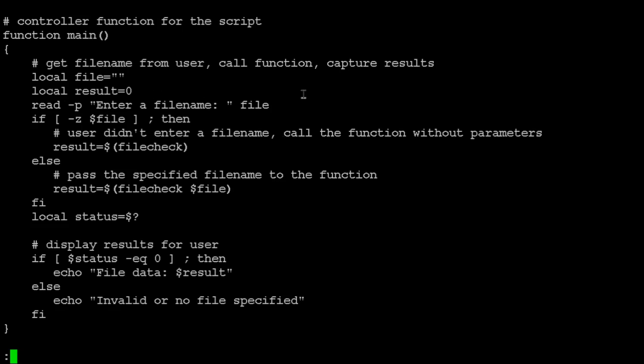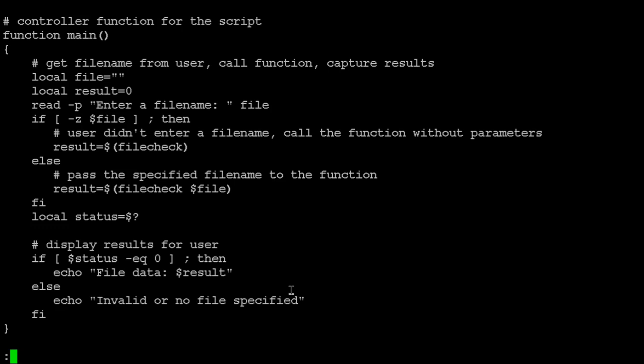In this case, the main routine gets the user to enter a file name. If they didn't enter something, it calls the function and passes it no parameters. If they enter an actual file name, we'll pass it to the function. We'll capture the status value. If the status value is good, we'll display the results. If the status value is bad, then we'll say